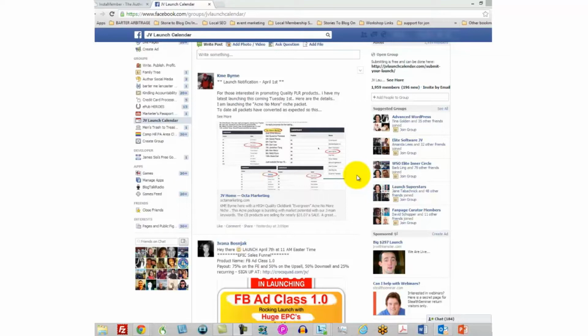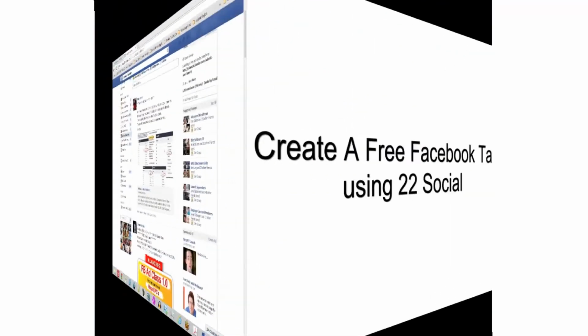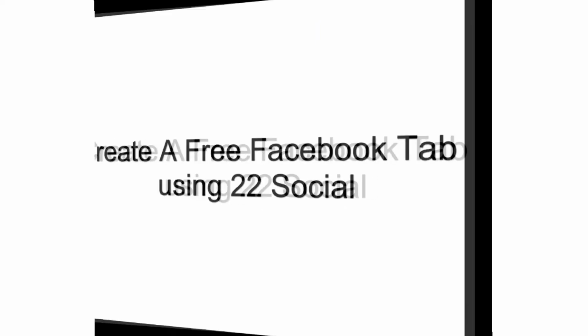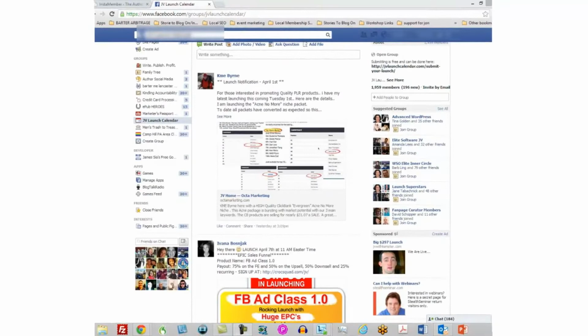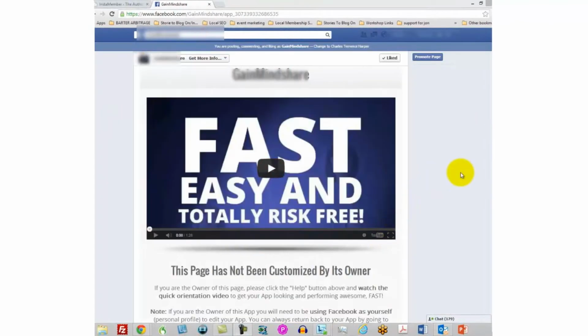Now, there is one more thing that you'll want to take note of here. Now, you can actually add specialized pages onto a particular fan page.